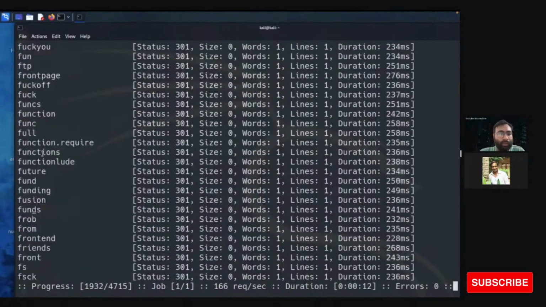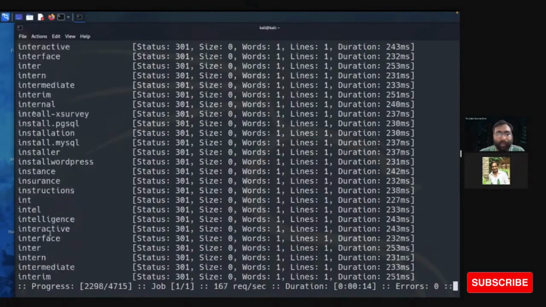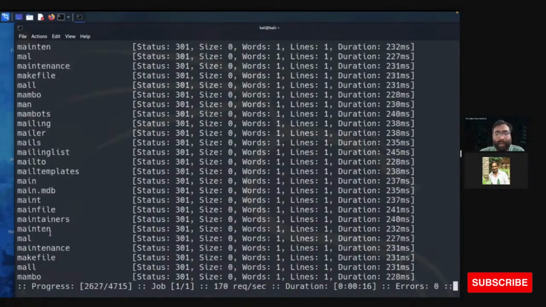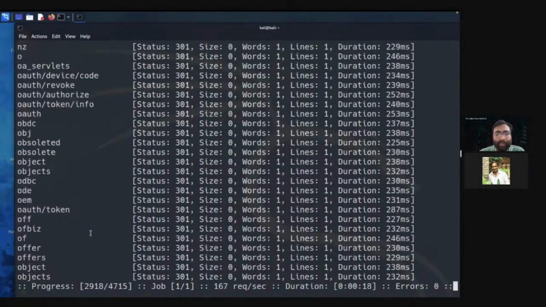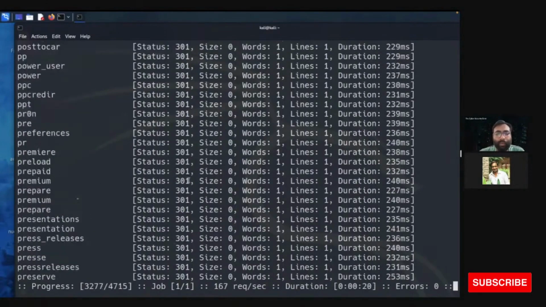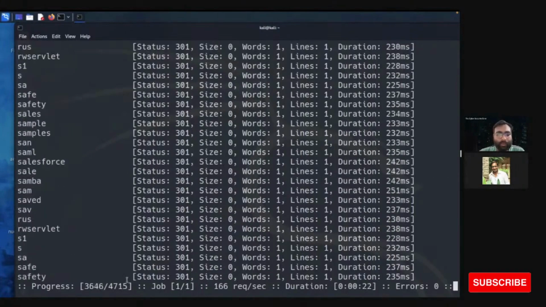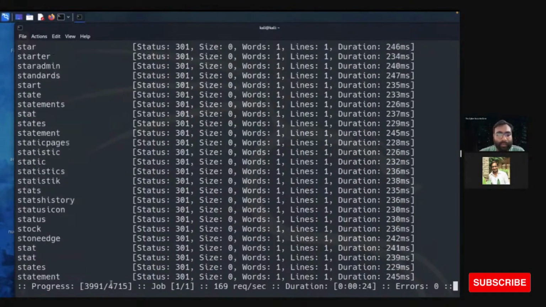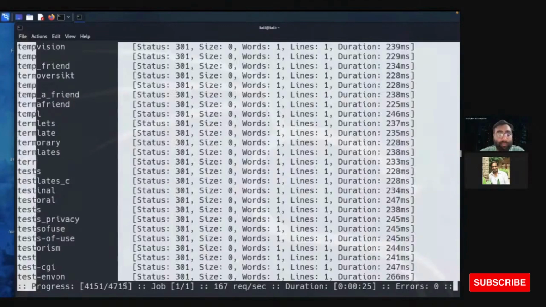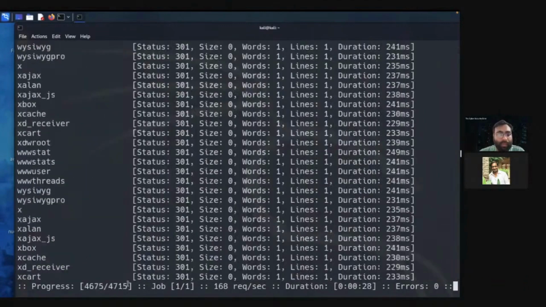You can see all these folders FFUF is finding, and if it finds something, the status code will be 200. It is scanning 4,715 folders.